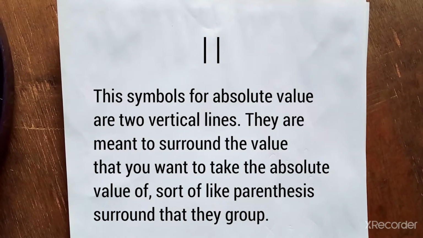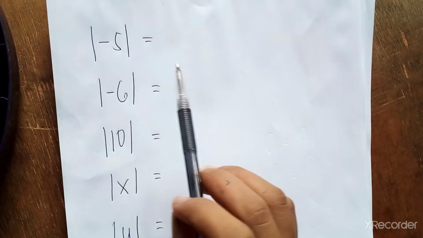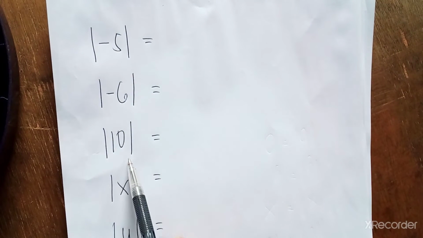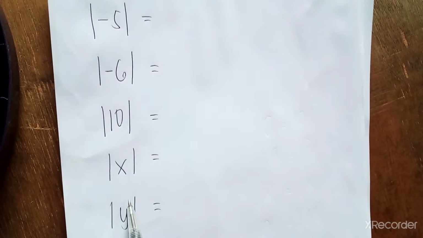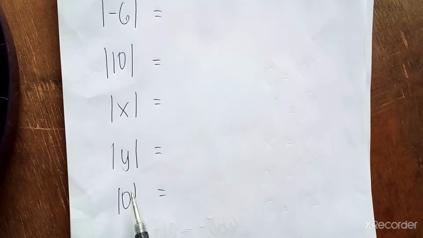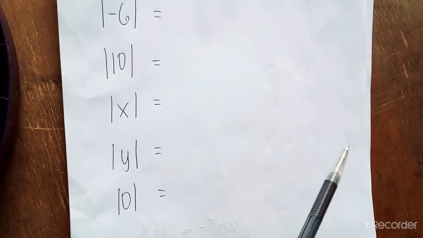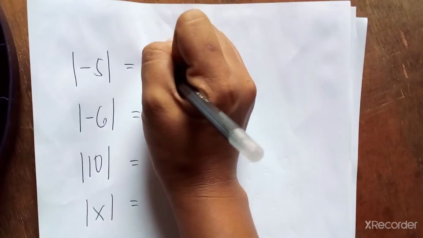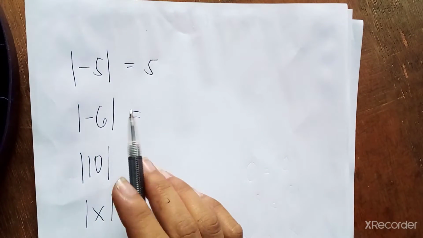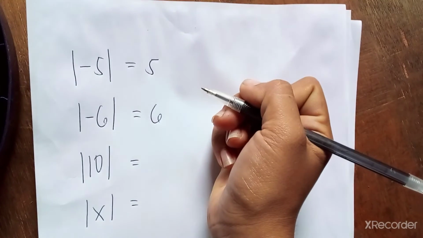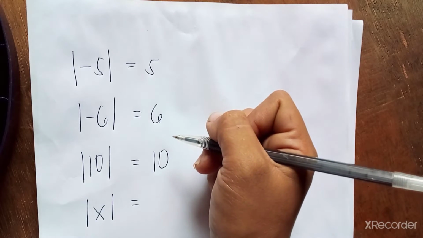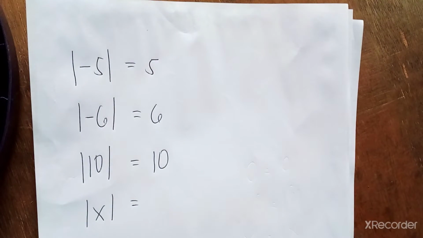Here are some examples. We have the absolute value of negative 5, absolute value of negative 6, absolute value of positive 10, absolute value of x, absolute value of y, and absolute value of 0. So what are the answers? For the absolute value of negative 5, we have positive 5. For the absolute value of negative 6, we have positive 6. And the absolute value of 10 is 10. It is not negative because